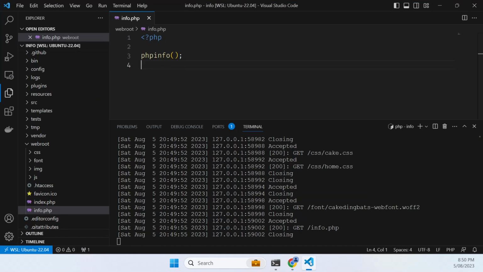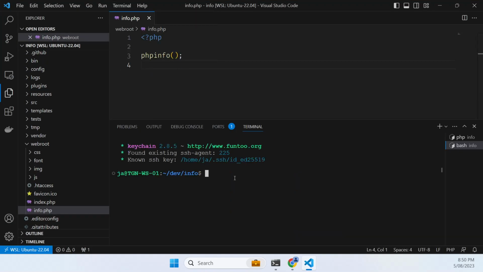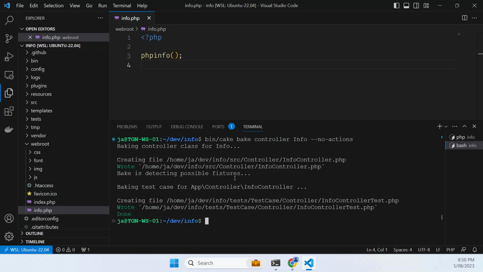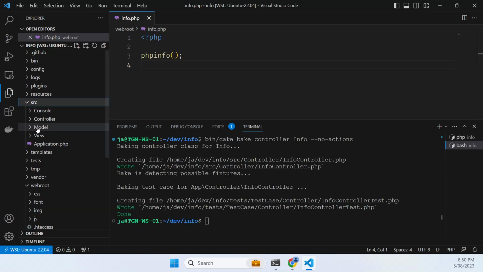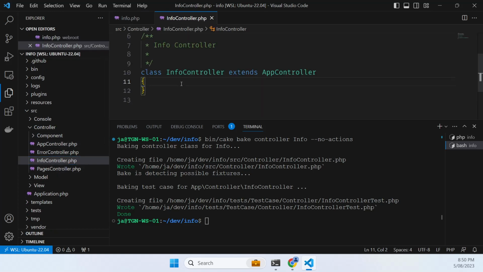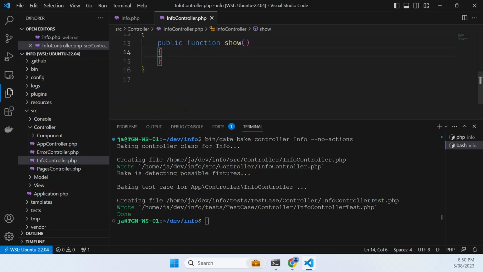and helper. So to get started, the first thing I'm going to do, this is a blank CakePHP environment. I'm going to use bin cake bake, and I'm going to bake a controller. I'm going to call it the info controller, and I'm just going to say don't create any default actions. And in my controller, which is the info controller, I'm going to create a public function called show, and